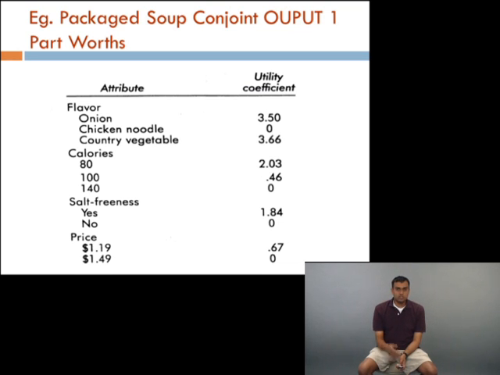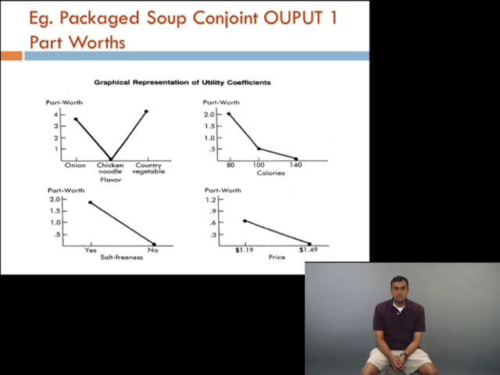And an output of conjoint looks typically like this. Like I told you before, we're going to talk in terms of part worths, which is how much a part is worth, and we're going to talk in terms of how much utility a person gets from that particular attribute, or how much of preference it is. So we're going to use these interchangeably. So let's talk in terms of utility, which is a different version for how much a person likes the product. So the utility coefficient that the computer calculates, typically a computer software program like